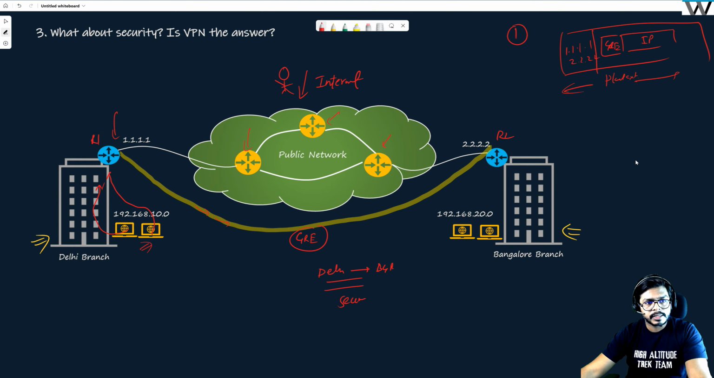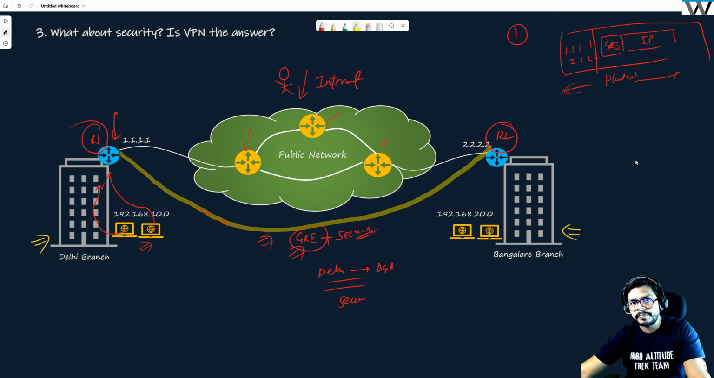You have given this responsibility to these two routers, router number 1 and router number 2. And if this tunnel you are creating can provide connectivity plus security, then your problem is solved. What if I can run a protocol on this GRE which makes this inside packet secure, as we discussed, right? So if you want to make this IP packet secure,